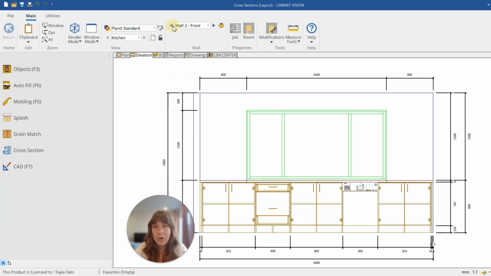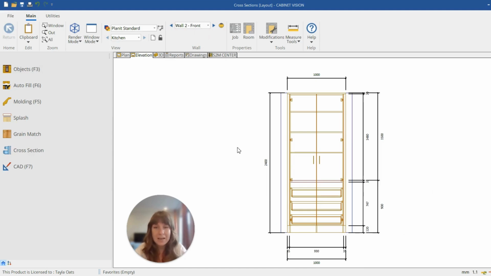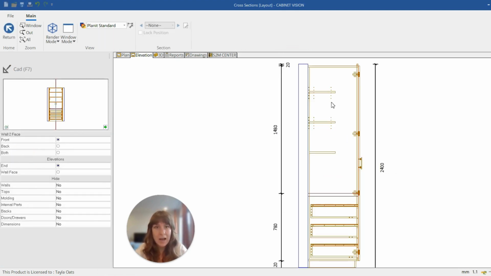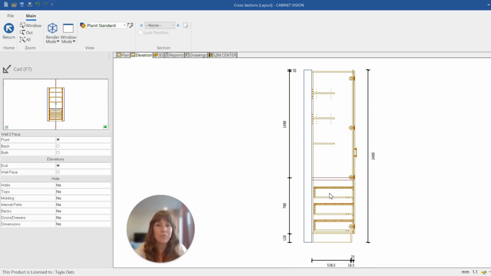Another good example of why you might like to use a cross section to add information to your plans would be for a pantry setup like this. From the elevation view, we can see quite clearly we've got a few drawers in there, a bench top, and a few shelves. So it's probably going to be used for maybe a little bit of a coffee bar inside this tall unit. But what we can't see is the detail about these shelves. Whereas if we use our cross-section view, now we can see inside that these upper shelves have actually been set back so that they're out of the way when somebody is using this tall unit to use this bench top to make coffee or whatever in the morning.